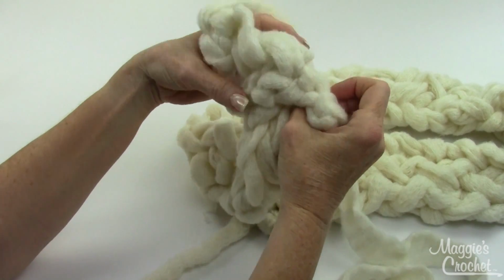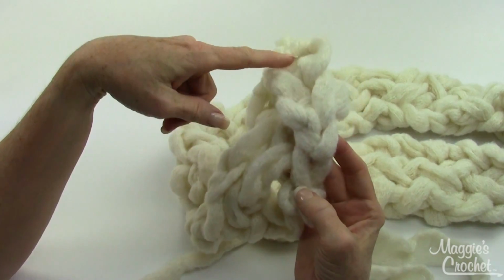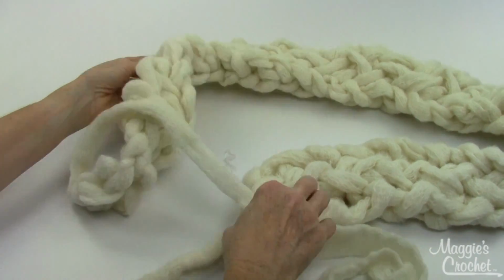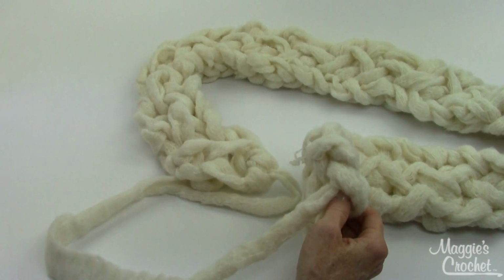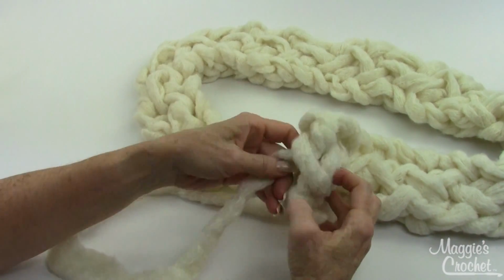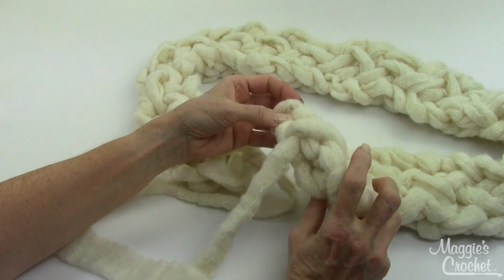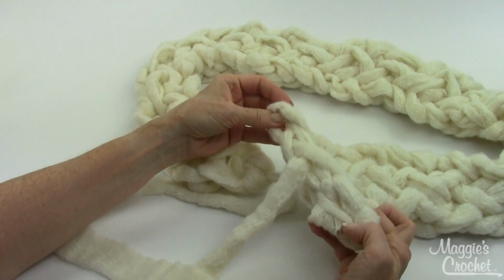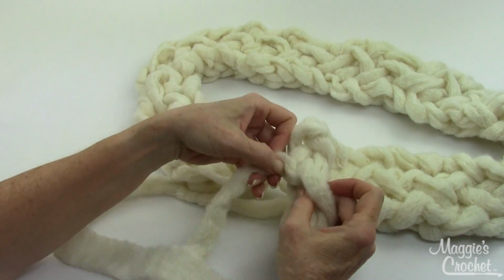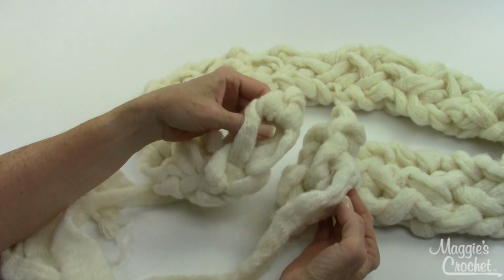And if you look on that bind off, you'll see like a row of loops there. So you'll have 3 loops there. And when you go back over to the beginning, I'm going to tuck all this in there. When you go back to the beginning and you pull that row out a little bit like that, you'll see that you have 3 loops from your cast on. So what you want to do is take either strand here, and if you want to connect these two,